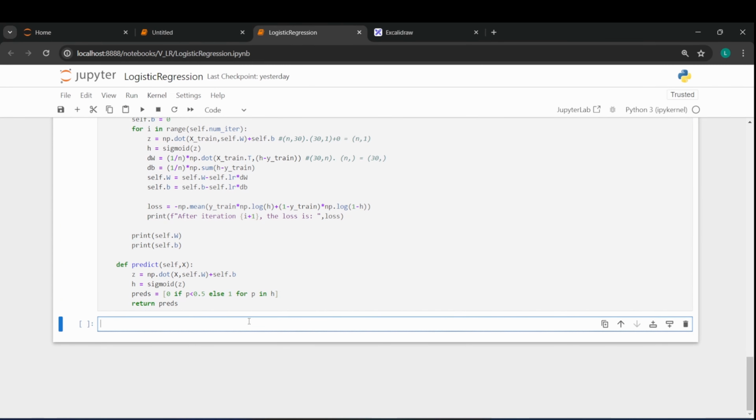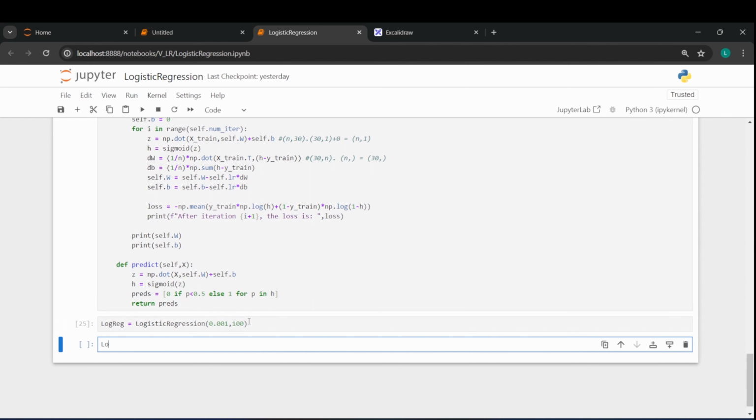Now let's create the object for this model. I am going to call it logreg, the logistic regression. So I am going to say LogisticRegression, and let's go with 0.001 as learning rate and 100 as the number of iterations. Now let's also fit our training data into it. So I'm going to say logreg.fit